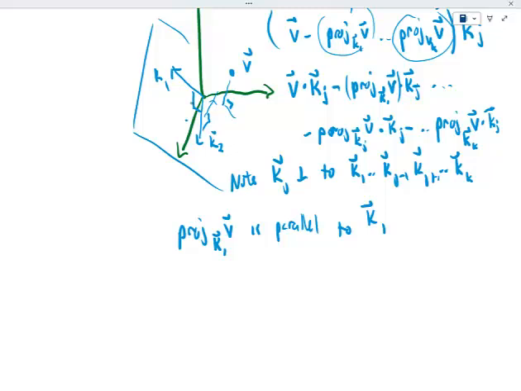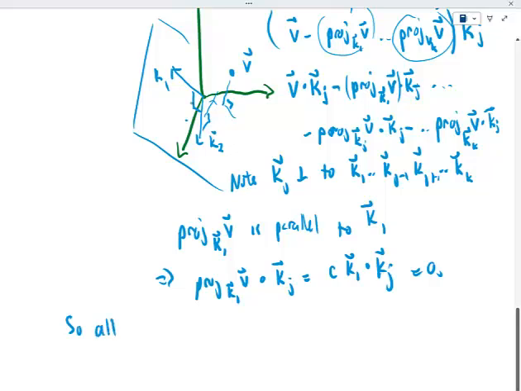So that means that the projection on kappa 1 of V, dotted with kappa J, is equal to some constant times kappa 1 dot kappa J, but that's equal to 0. And that's going to be true for all the terms here except for the jth term. So all the dot products are 0